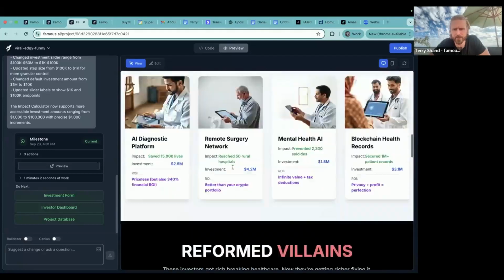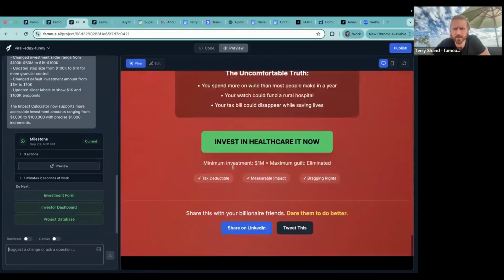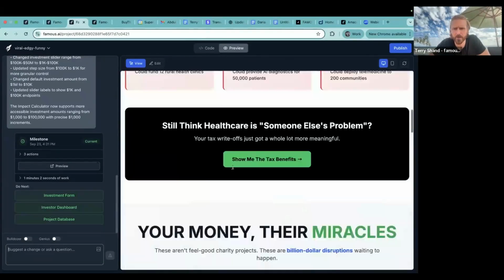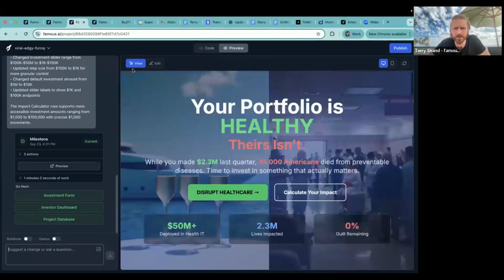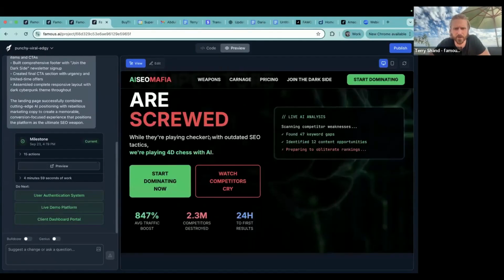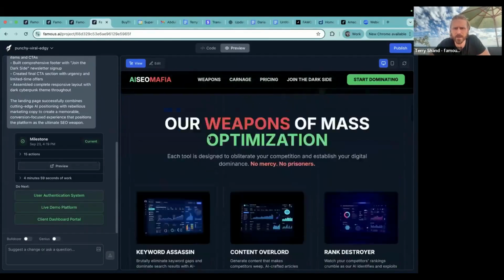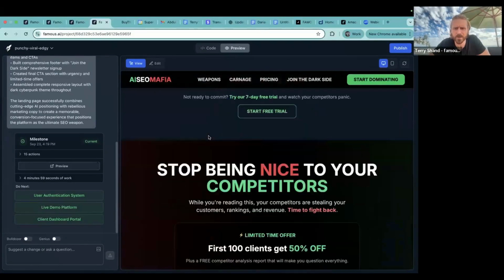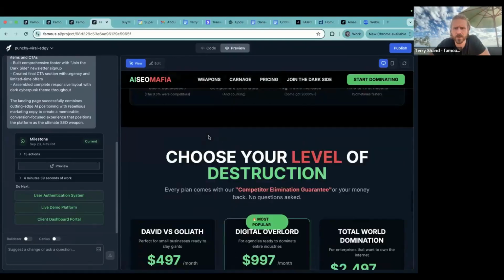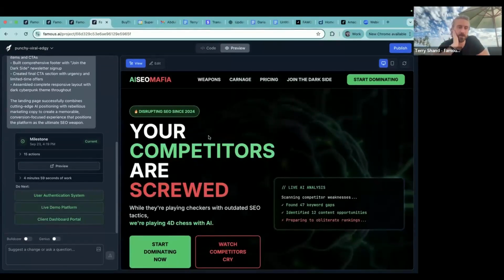Charitable IT, getting people to invest. Probably the weakest of the few, just because it is a pretty confusing concept, but it still did pretty well. And then I liked what it did here. Now, one thing I would add to this one is definitely a welcome video and an FAQ. But I could potentially do nothing to any of these landing pages, and you could launch them as long as you put the right market in there and you fact check everything, connect it to Supabase if needed. It would be pretty badass.